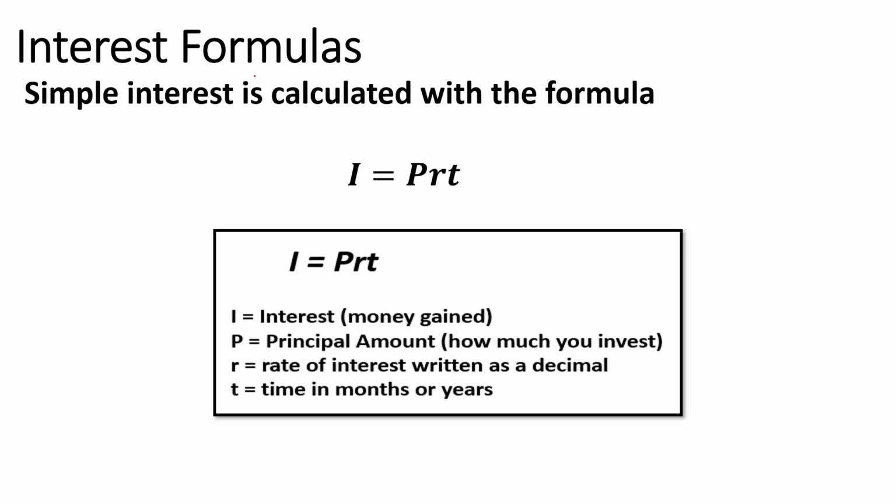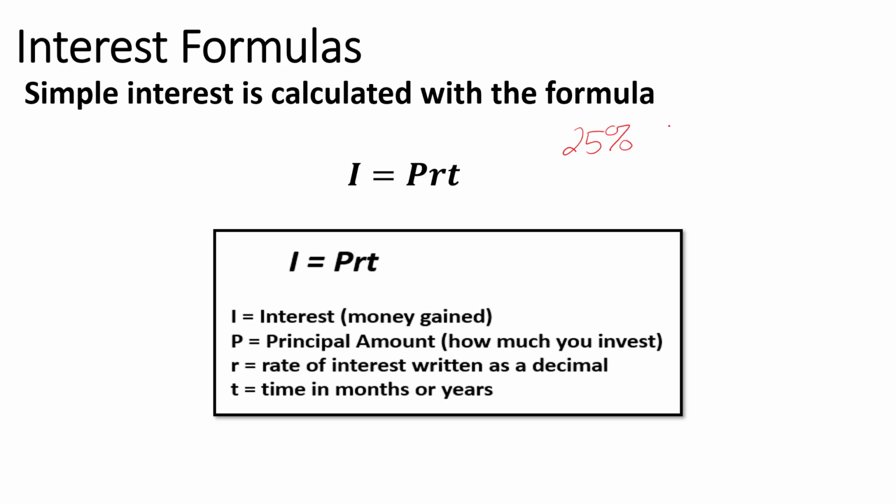Prior to today, you worked on simple interest, which uses the formula I equals PRT. I is interest, P is principal amount, or how much you are investing or putting away in savings. R is the rate of interest written as a decimal. And remember, if you have the rate